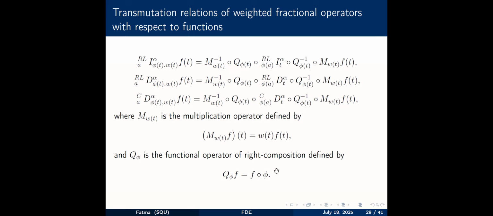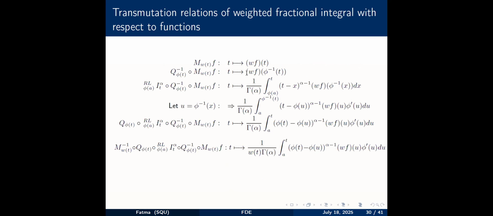So I can show you one, I think for the first one. We are going to do these operations to get the left-hand side here. We'll go through it quickly. First we apply the weighted operator, then the inverse of the composition, then the integral, until you get this one. So here's how you apply the transmutation relation to get the weighted